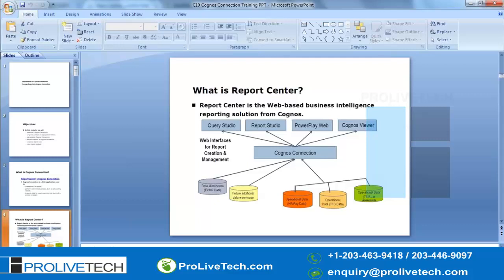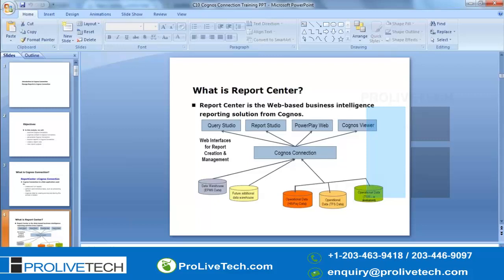For example, you have 10 reports, and those 10 reports require around 25 or 30 tables. So you have to fetch those tables from this database to Framework Manager. And you will build the relationships between the tables. And then if any filters or calculations have to be applied, you will do that.